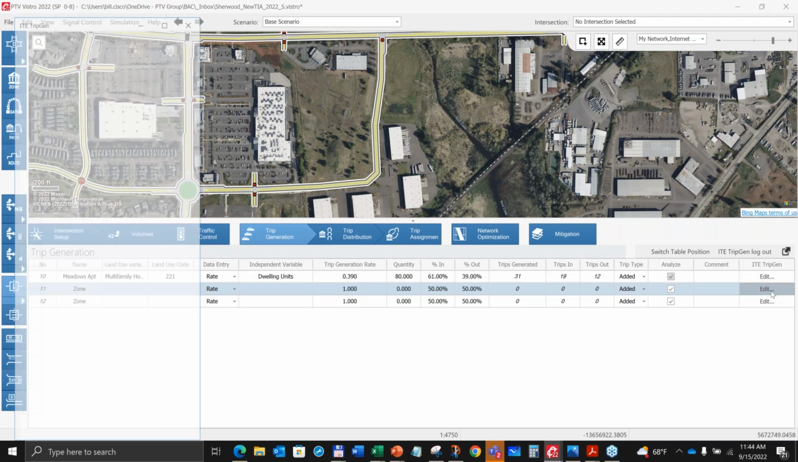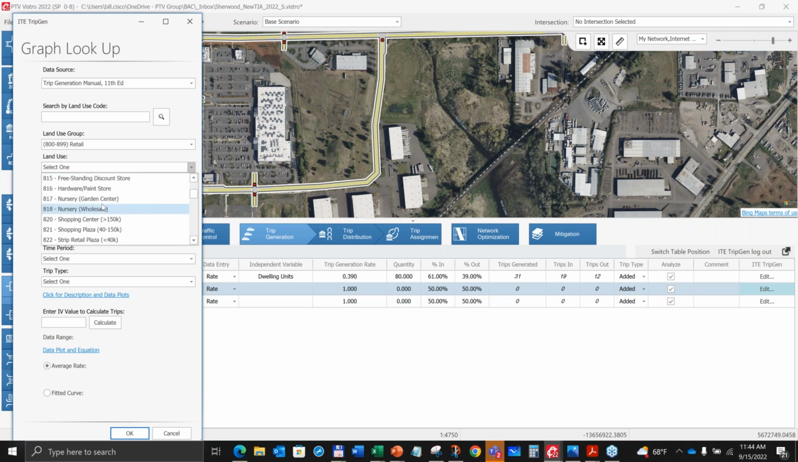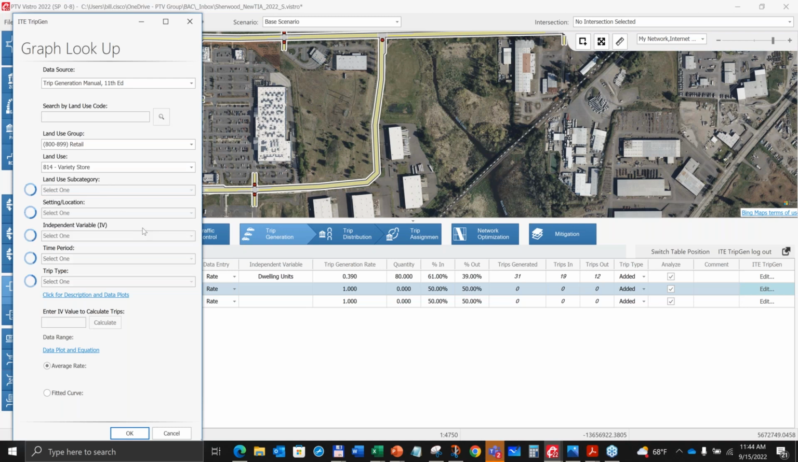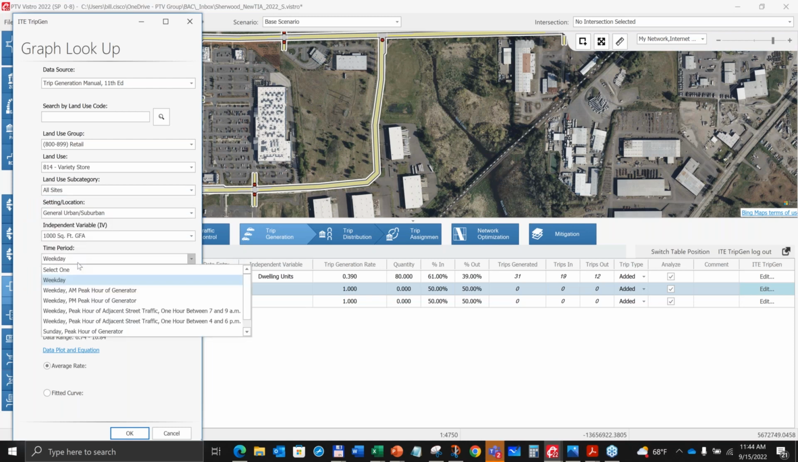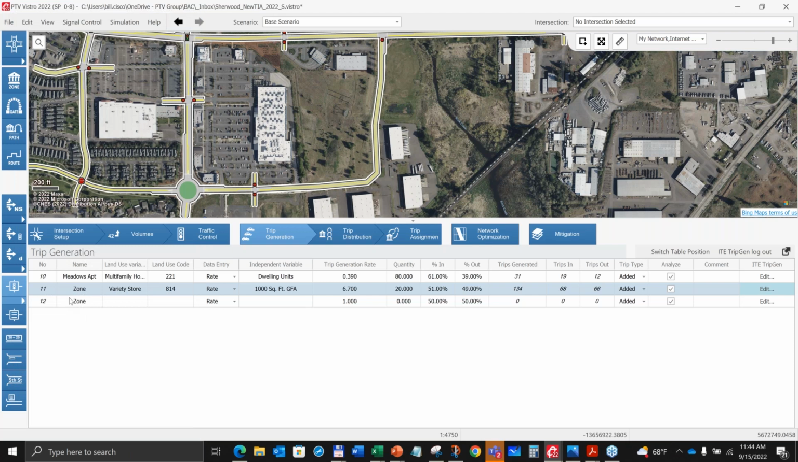That's fine. This is where I might do something like, pick up my next option, and maybe I do something like variety store. And then I can go through similar things, all sites, suburban, 1,000 square feet, PM peak hour 4 to 6, vehicle, and I'm gonna do, let's say 20,000 square feet. Calculate, see my rates, add them in,